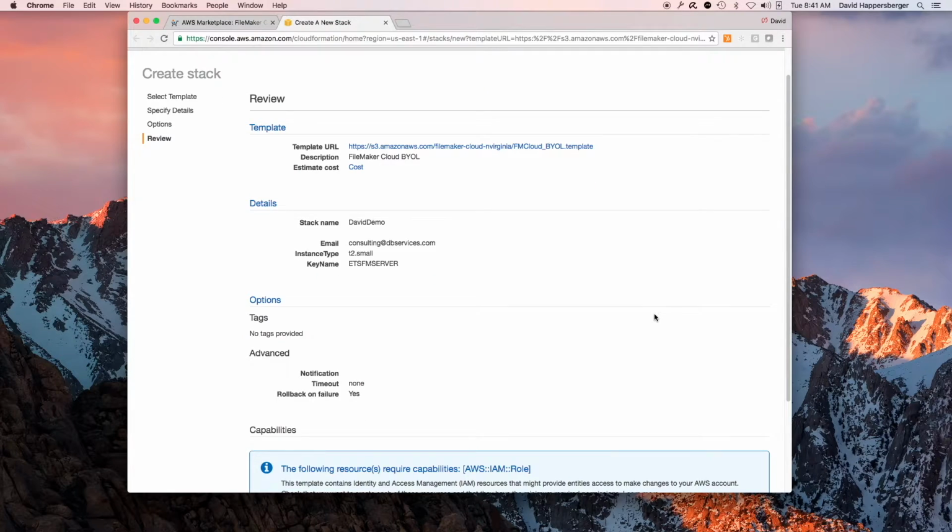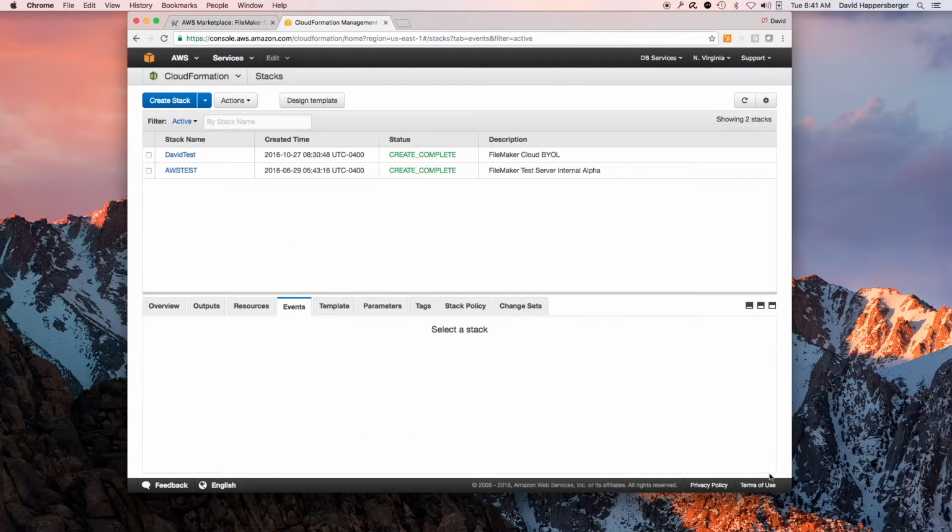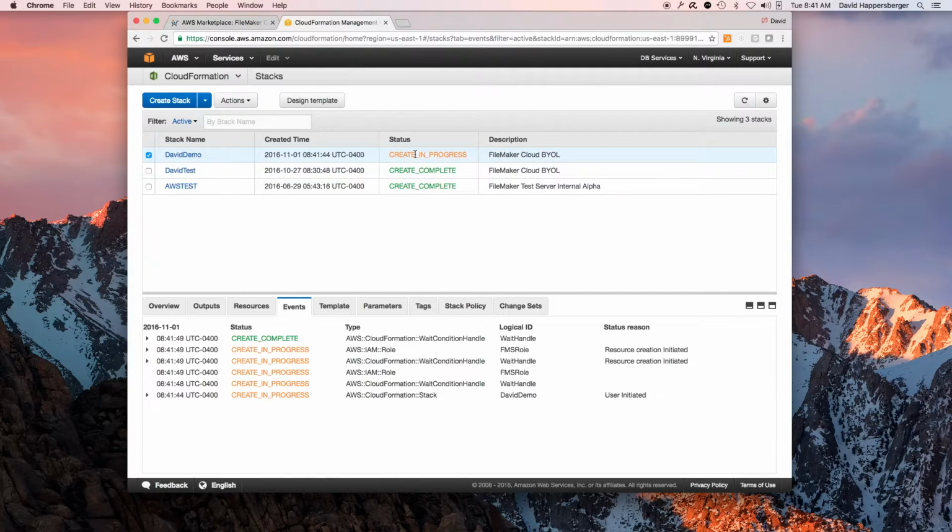So you just review everything you just went through, and then lastly, you will just need to click on the confirmation and terms and conditions there. So acknowledge that, and then hit create. So this brings you up to this page here. You will need to hit refresh as it shows past ones that we've done, and you'll see the progress of it being in progress, and you can see the ones that were completed in the past.